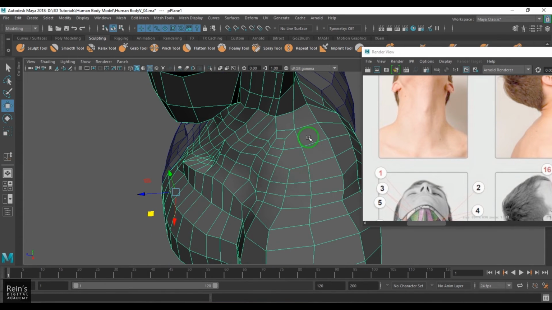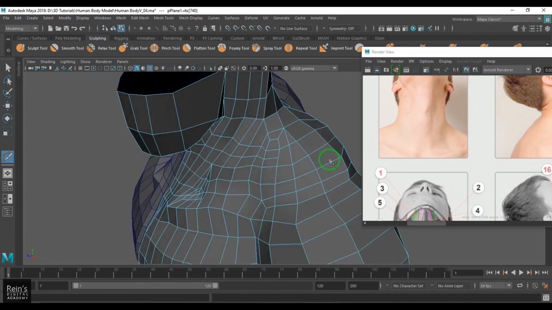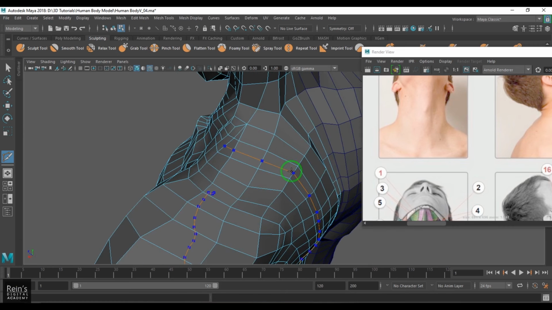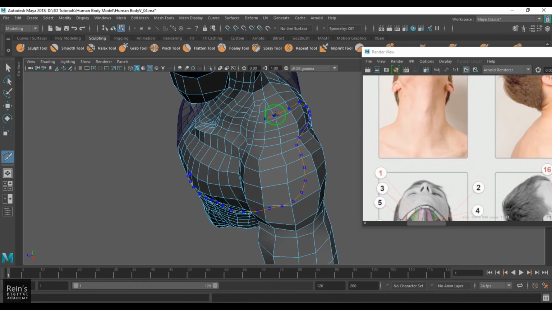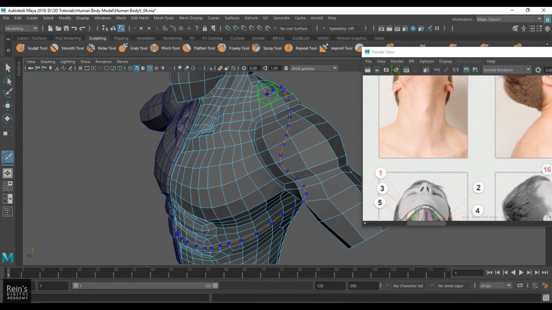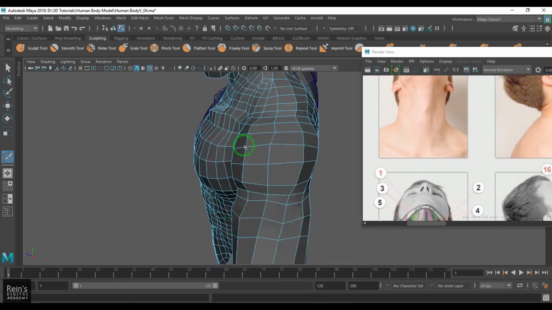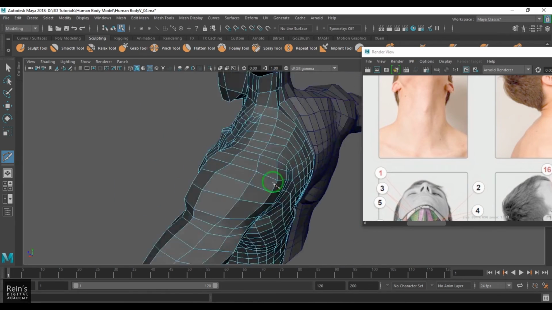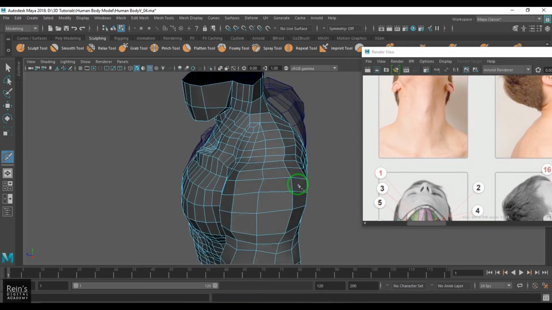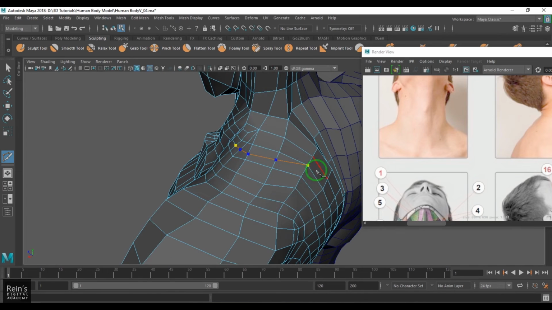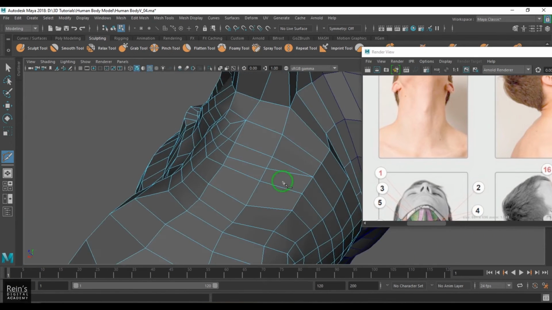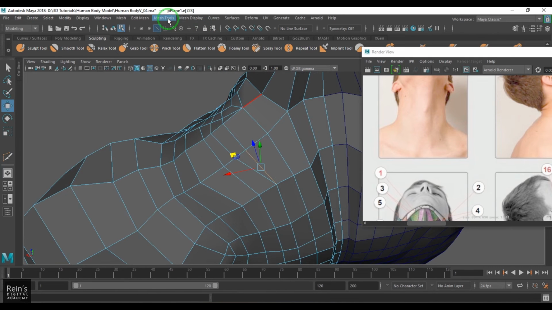We'll try to close these lines which are there here. I don't want this line going all the way down. It's going all the way to the stomach, but the flow is. So in this case you can generally connect it till there and then select this, and we have this tool called